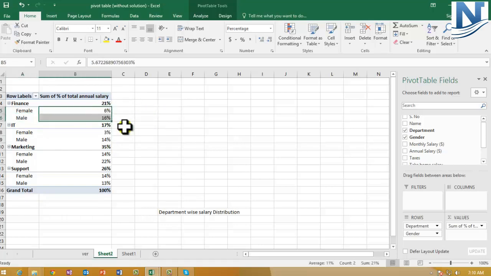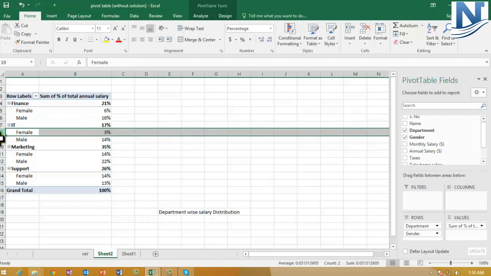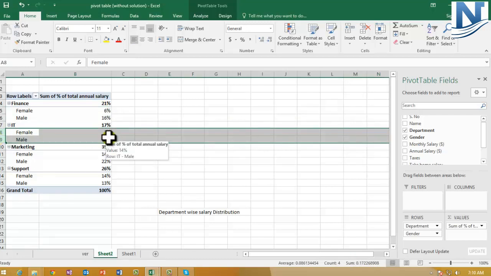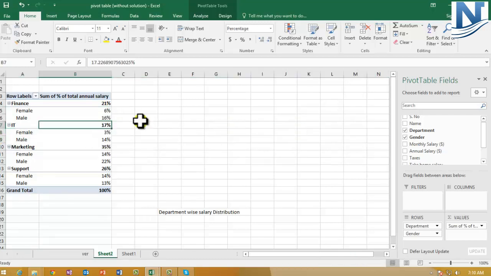This total comes to 21%, which is given over here. Similarly for the IT department, female draws 3%, male draws 14% and total is 17. So this is one way in which the gender distribution can be seen. This is one way wherein we selected gender from here.